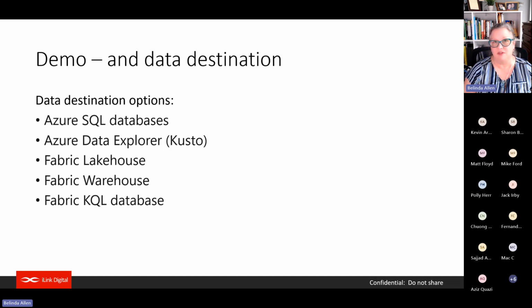And yes, Internet of Things, that's a big one. Like what is the air temperature of all the air conditioners we have? What's the temperature of our freezer in the back where we keep our food? If it gets too low, then our food might not be in good shape. All of these different things are quite the big deal. Then there is the Azure Lakehouse, or Fabric Lakehouse, Fabric Warehouse. And then there is a KQL database in Fabric, which again is also Kusto.